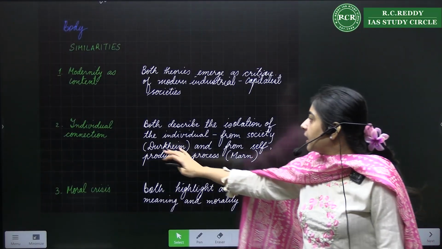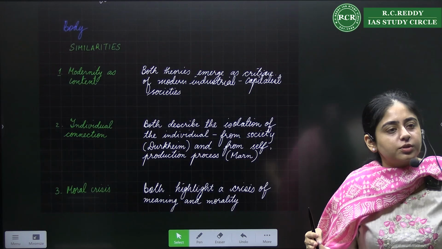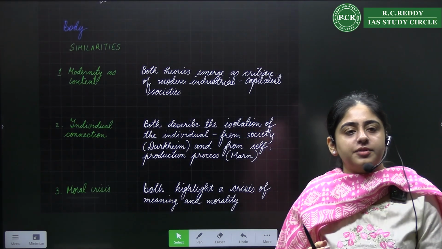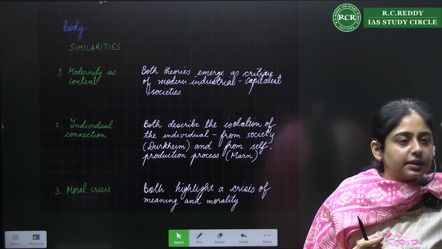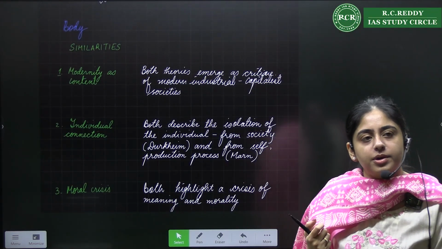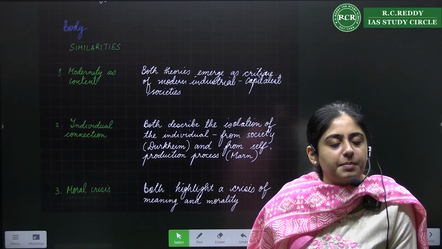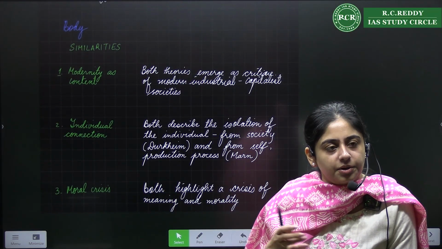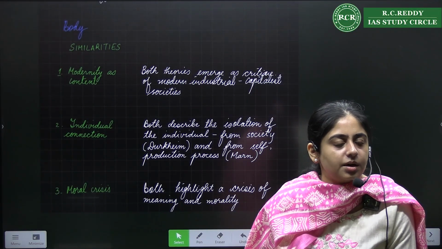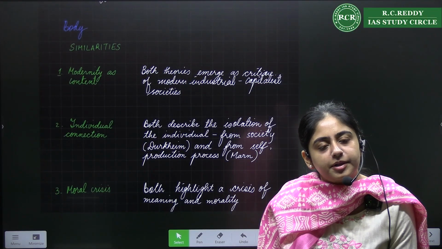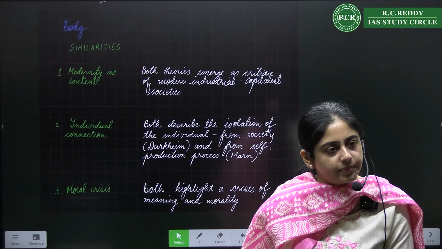Then they are talking about individual connection, right? Both of them have this sense of disconnectedness, right? And one other thing you can do in this question is, for the introduction, you can start with definitions also. That Marx defines alienation as this, whereas Durkheim describes it as this. You can either reserve it for the differences part, but if you don't like the introduction, you can start that way also, right?